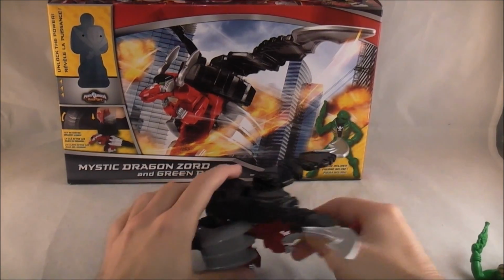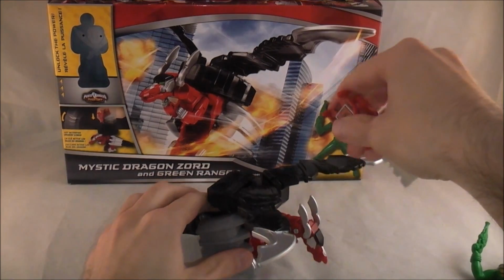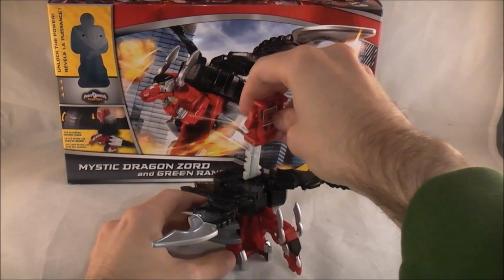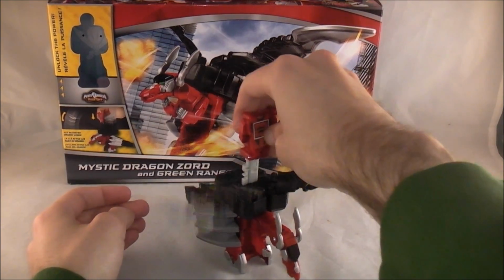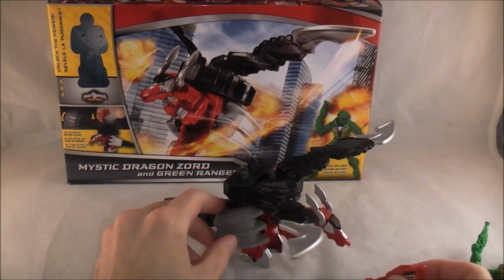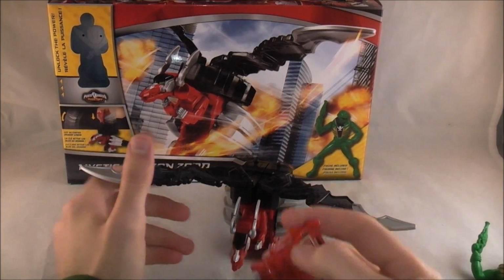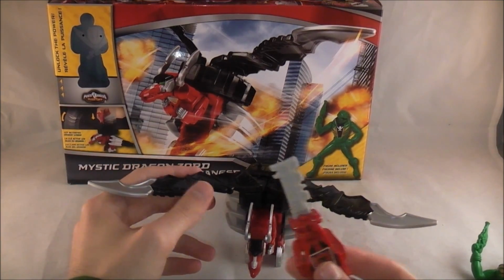And once you fold his little ears up so he looks normal, the other gimmick, just continuing from that, is just by pressing the key, you can flap his wings. So that's like seconds of fun. I like the idea of giving the Zords functionality with the keys to sort of even further expand the key line. I think it was neat, but I think it could have been done a little better,